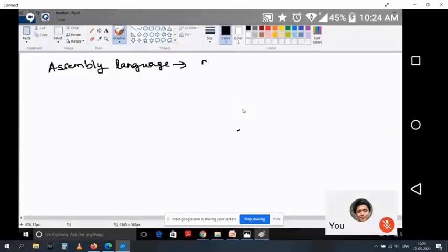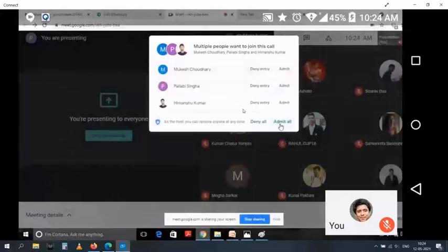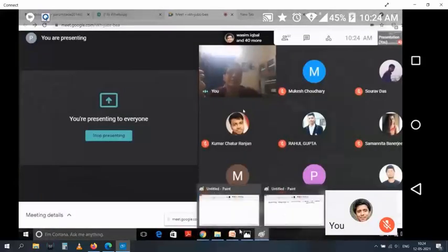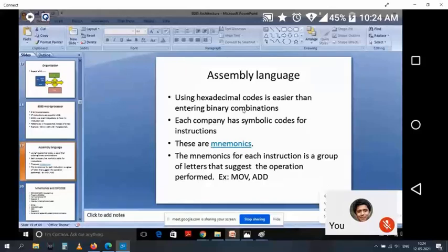So these are written in mnemonics. Okay, and these mnemonics are used to communicate with the computer. And this assembly language is specific to a given computer. That means if my microprocessor unit is 8085, then there is a different set of mnemonics, and if it is 8086, it is a different set of mnemonics. So the mnemonics are different for different computers.